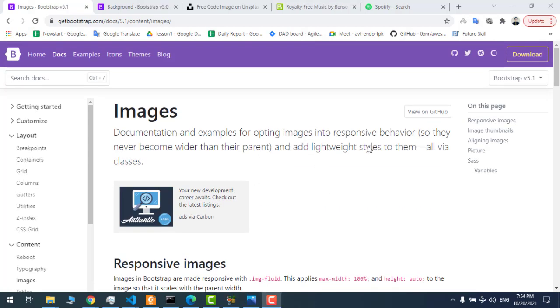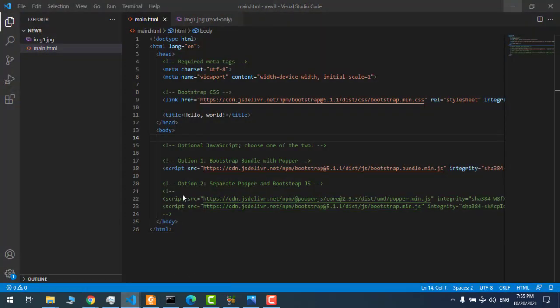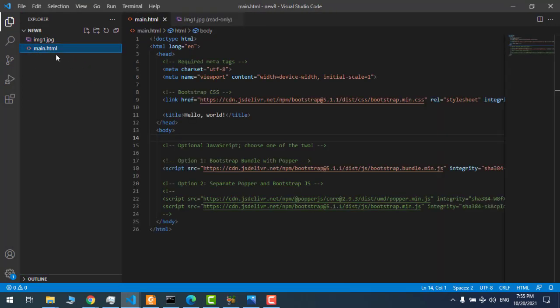So let's begin. If we want to use an image in HTML, we need to use the image tag. So first of all, let me download an image. You just grab an image from a website. For example, Unsplash would be a good place to do that. So download an image from anywhere you want and paste it actually in your project in the root. I've already done that. Here I have image1.jpg, JPG actually,